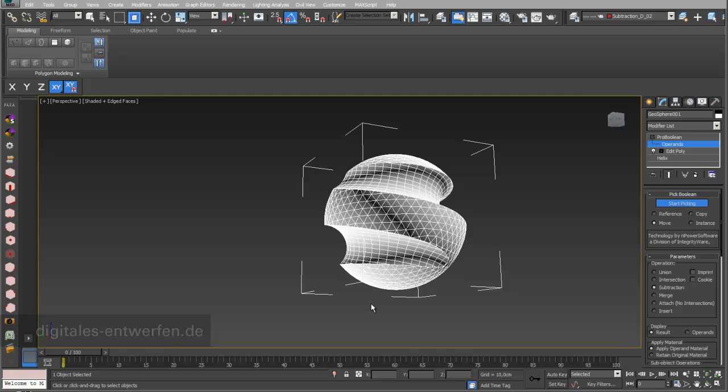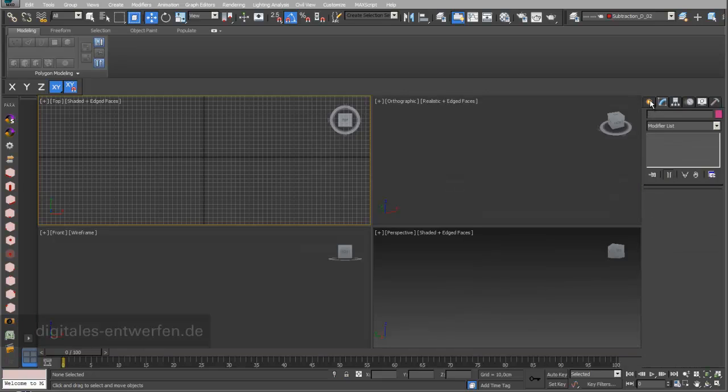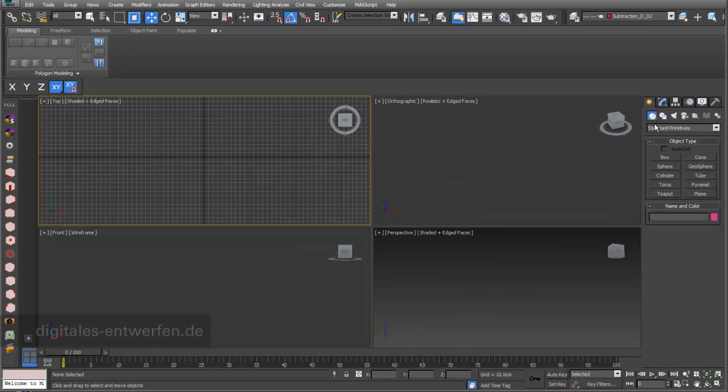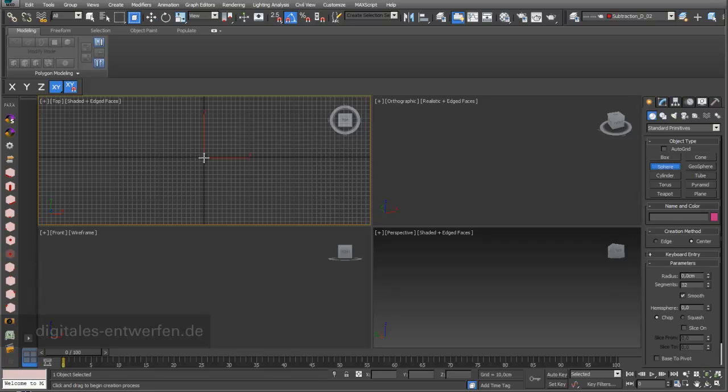In this video we will learn how to work with Boolean operations and especially how to subtract one 3D object from the other. We start with a simple 3D shape, a sphere. I just draw a sphere here with a radius of 30